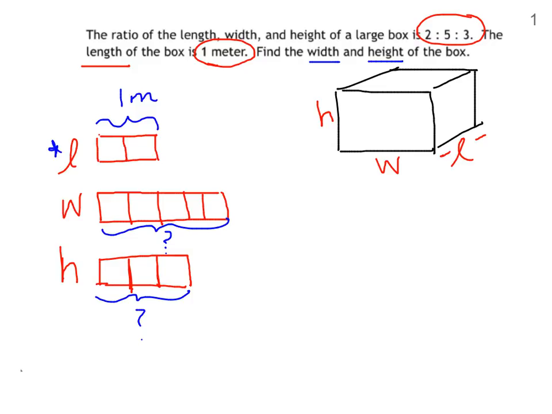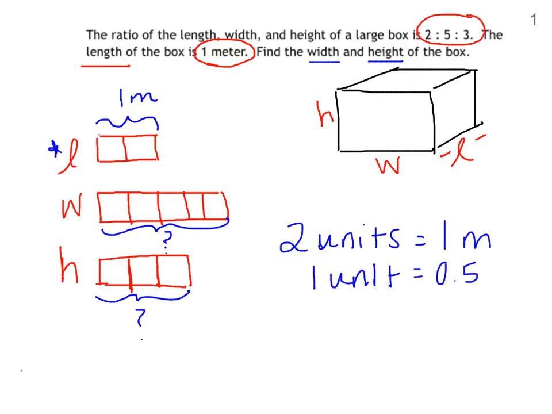We know if 2 units are 1 meter, then we have to split those 2 units, we have to divide it by 2, and that means that 1 unit is really half a meter, or 0.5 meters. That means that every single box that we see on this model represents half a meter in length. So when we have a width that has 1, 2, 3, 4, 5 units, 5 units times half a meter each should give us a total of 2.5